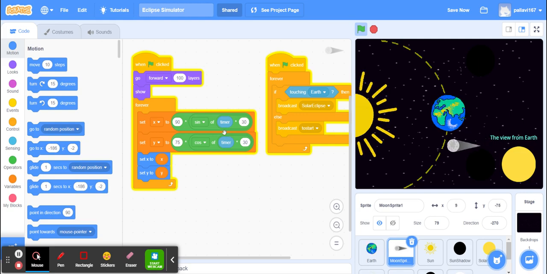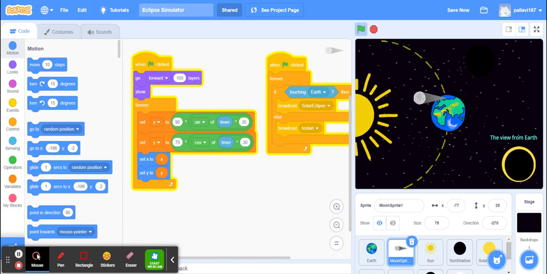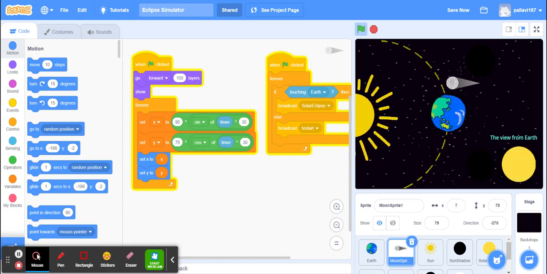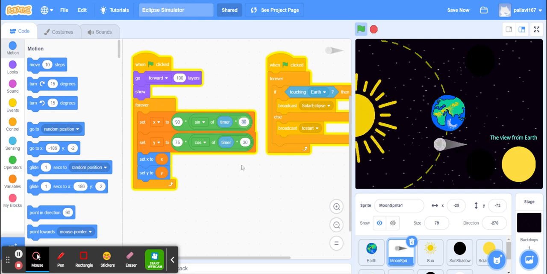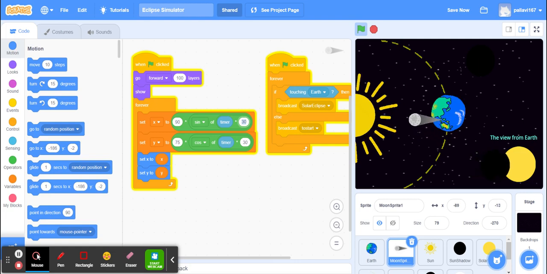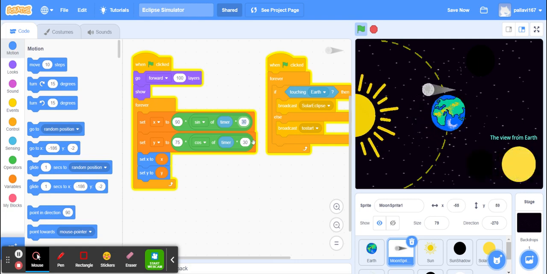Whatever factor you multiply this timer value with will decide the speed with which the moon is going to move, right? If you increase this value, the faster the moon is going to revolve around the earth, and if you reduce it, obviously it is going to be a little slower.